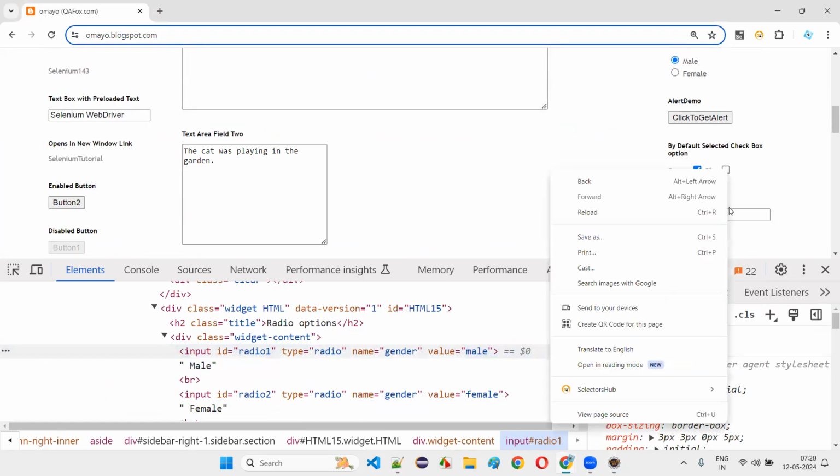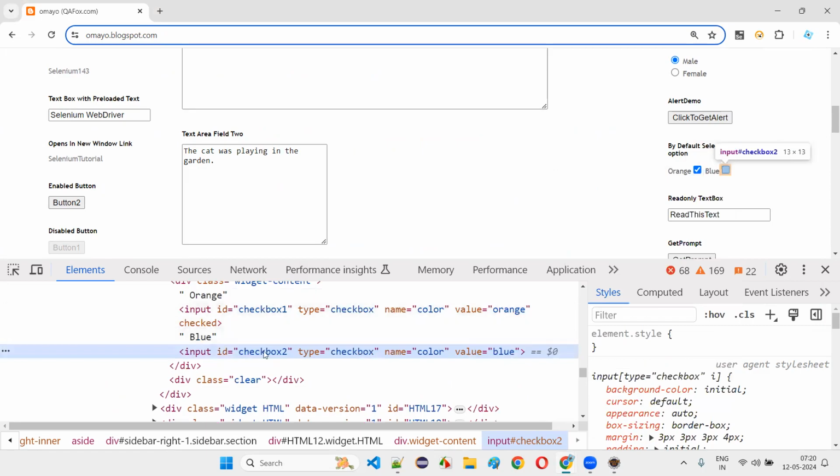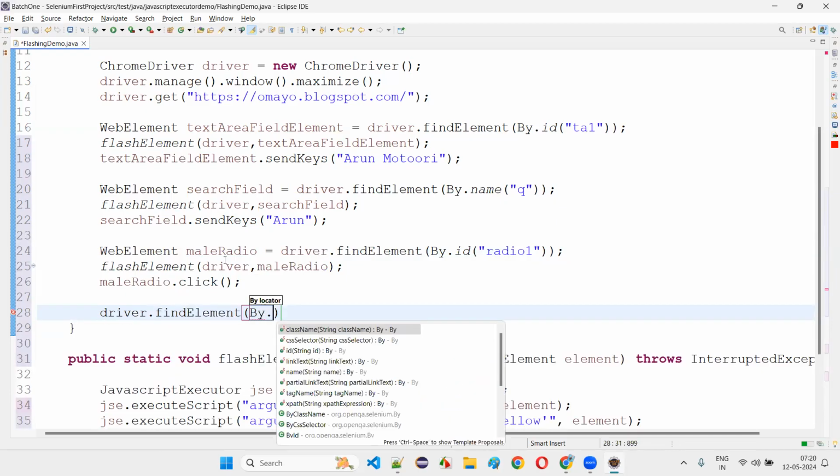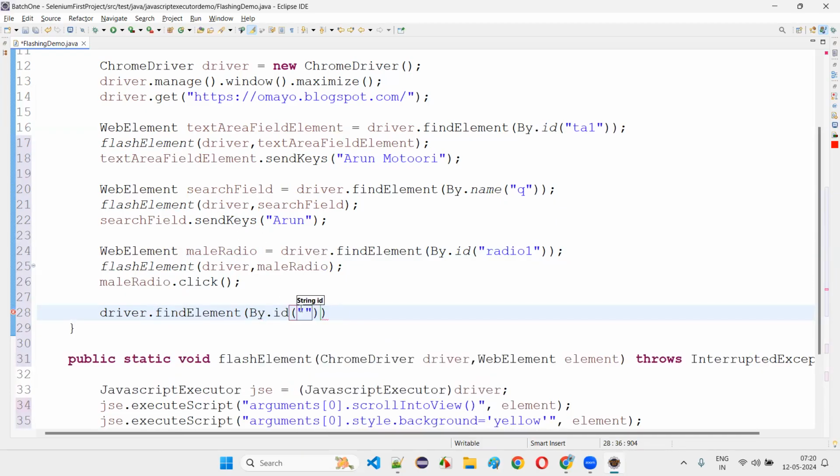And this checkbox field, blue checkbox field, I would like to select. Checkbox 2 is there here. Copy this. Driver dot find element by dot ID. Provide the ID locator of the checkbox field. And say blue